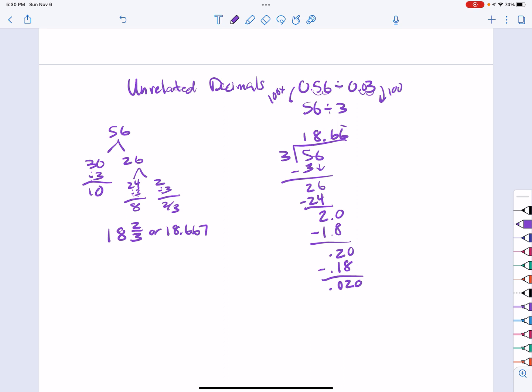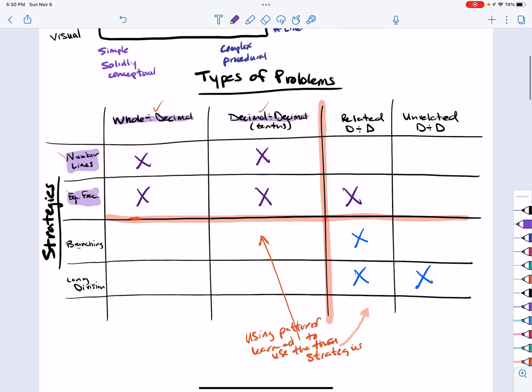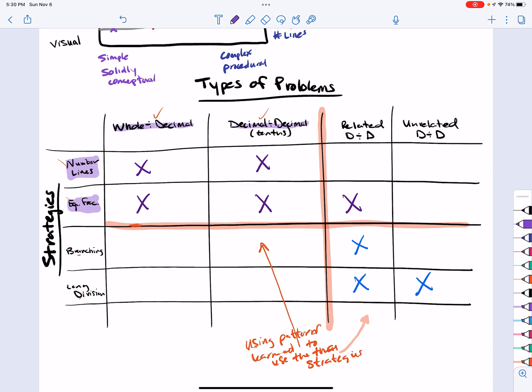So just to recap, that was a lot. But using what we can observe from these, I would like blue. So using what we can observe and learn from these 2 problem types, we can pick up that pattern of proportionality that allows us to manipulate our original problem, so that way we can use one of the more abstract strategies with our more complicated problems. So the goal is to make observations, come up with patterns that can help us solve these